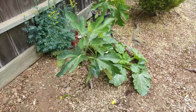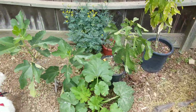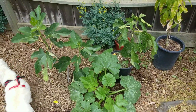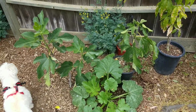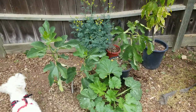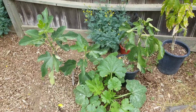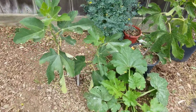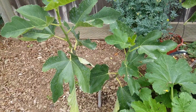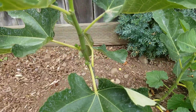This is my fig, which I grew from just a piece of branch. I saw a video from IV Organics. If you guys look up videos, this guy has really good tips on how to feed your trees, how to grow trees from small cuttings. But basically grew both of these figs from cuttings, and I did this last year. I planted it on the ground about 2 months ago, and now I have some fruit on the tree,